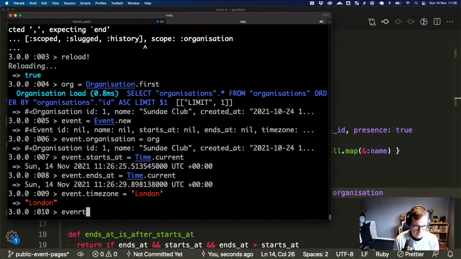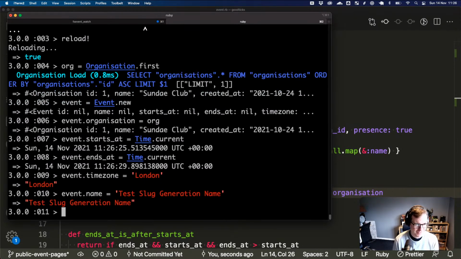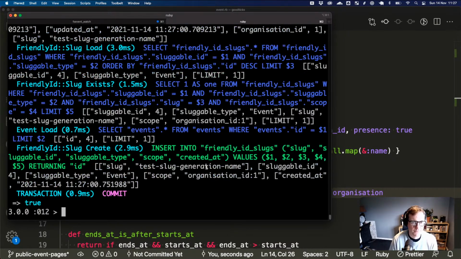Time zone London. It needs a name. Test slug generation name. And then we can do event.save with a bang. Oh, and it works. Great.